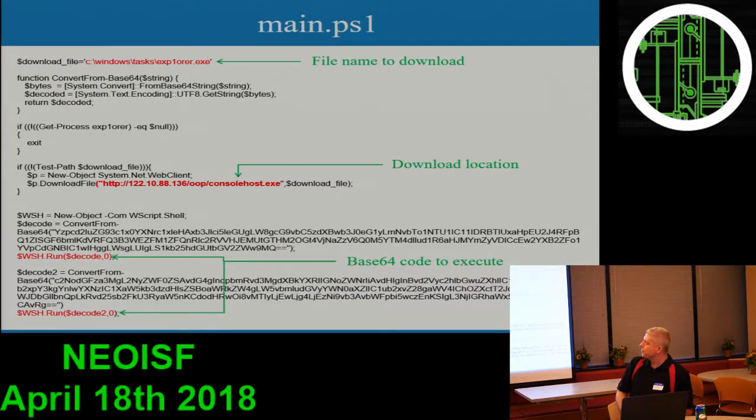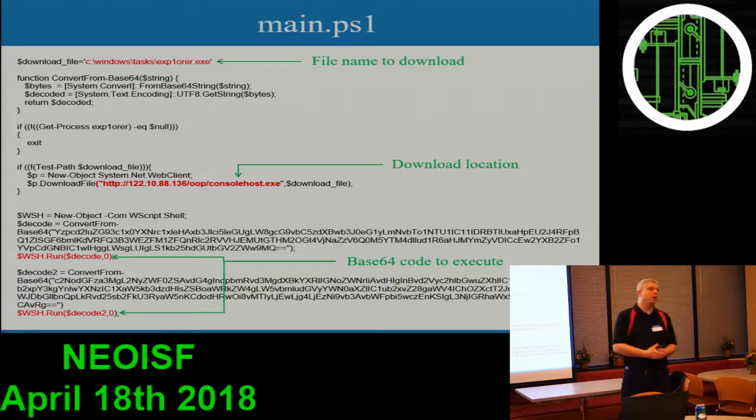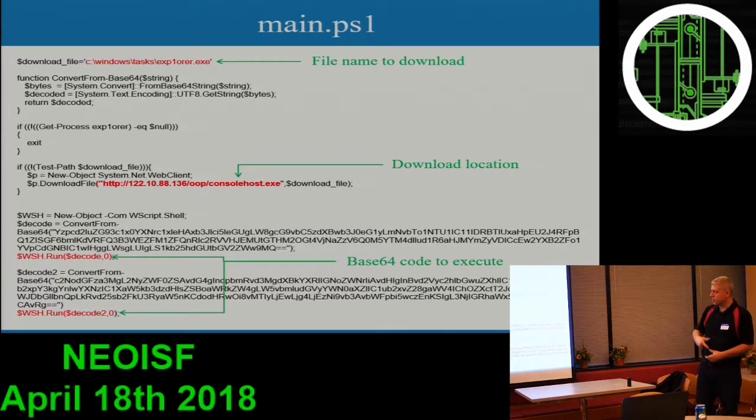All right. So this kind of goes through. This is the full PowerShell script of what it was doing. So remember, it's going to run the exploit in the Flash file, download the PowerShell script, and this is everything that it does. And essentially all it does is it sets a file name up on top,